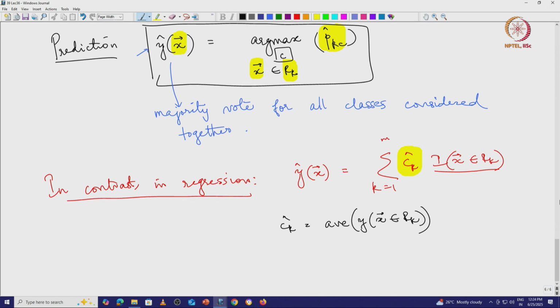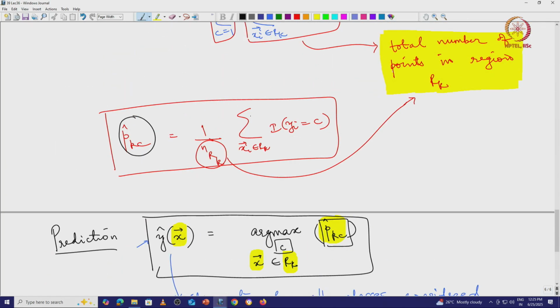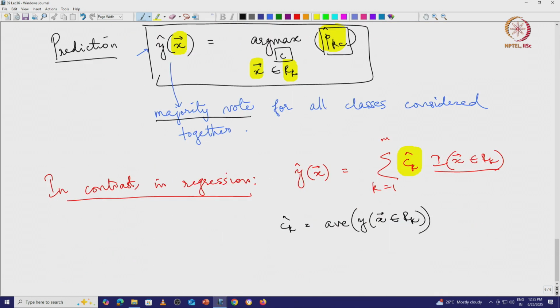Alright, so finally we have found out how we can make a prediction for a multi-class classification problem in a decision tree using these p hat k, the probability. So we just take the majority vote. We also saw that p hat kc is simply equal to the fraction of points of class C in region K. So it has a very nice and simple interpretation. Now all this again can be done if you know the architecture of the tree. So all this presupposes that you know what the regions are. So to determine the regions,